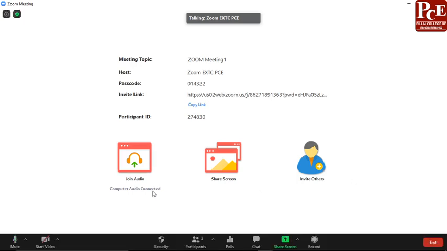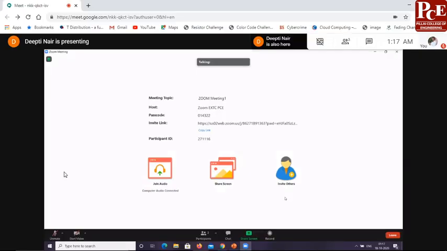Thank you. Hello everyone. Thank you very much Yogesh sir for explaining the different steps to schedule a meeting and also how concurrent meetings can be run. So once you enter a meeting, this is the window that is visible to all the participants who have entered the meeting. The meeting controls are available at the bottom of this Zoom window.